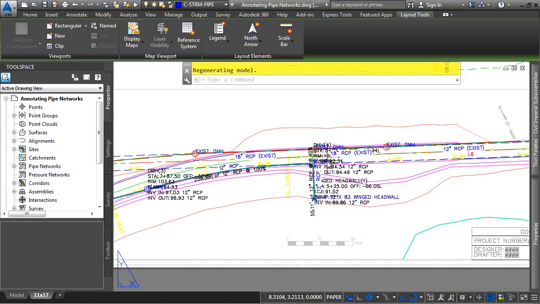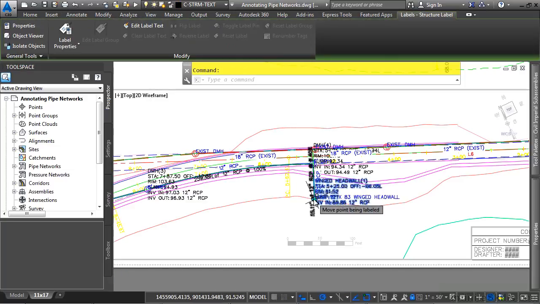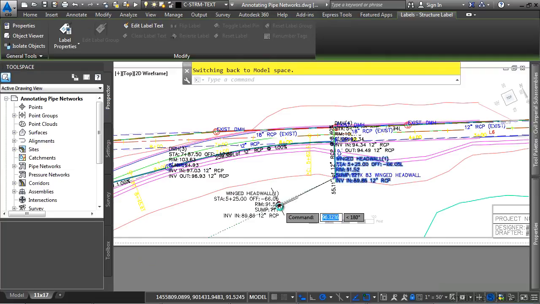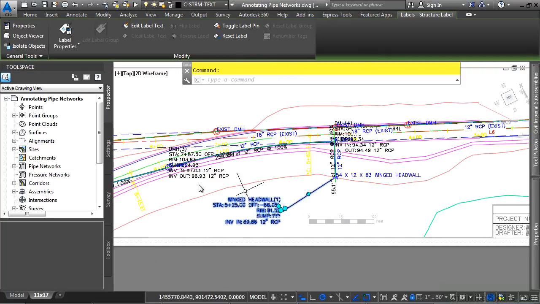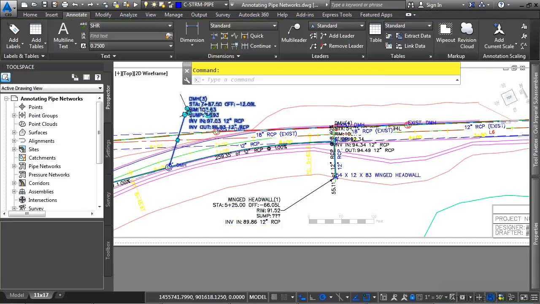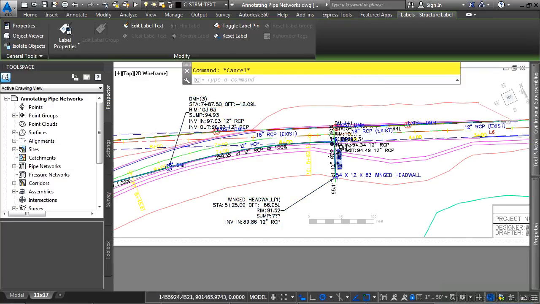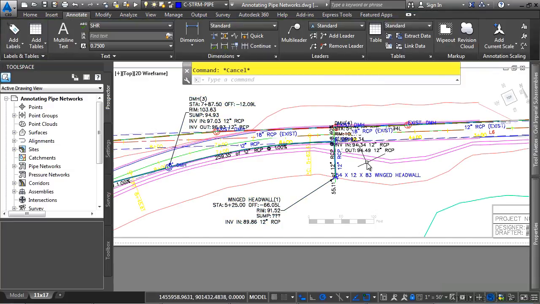The reason we're showing this to you is when you make edits to your labels, it is sometimes better to actually do them inside the viewport. I would simply double click inside here, and then I would move things around as I need to, because this is actually how it will get displayed, not necessarily as it's appearing when you're in model space. So make your edits here, and that way you're assured the labels will go exactly where you want them to display within the viewport.